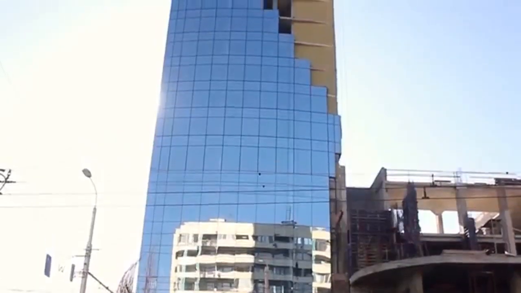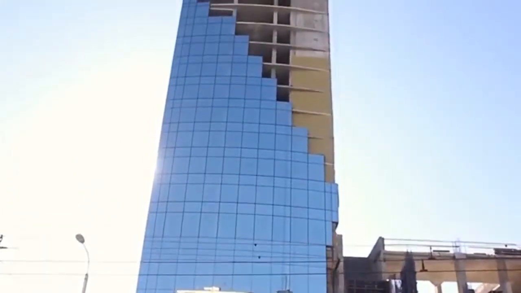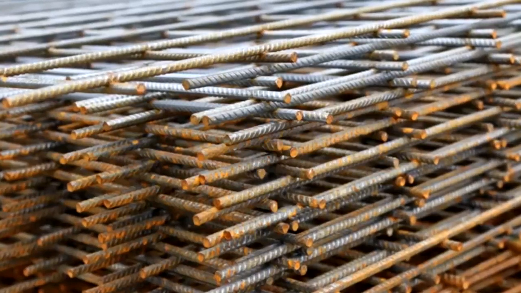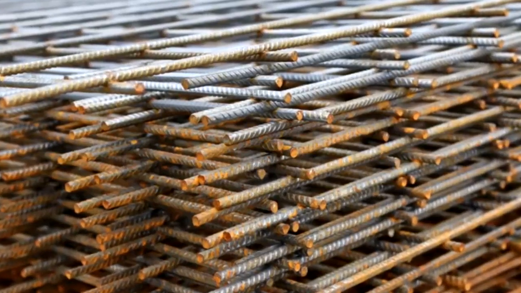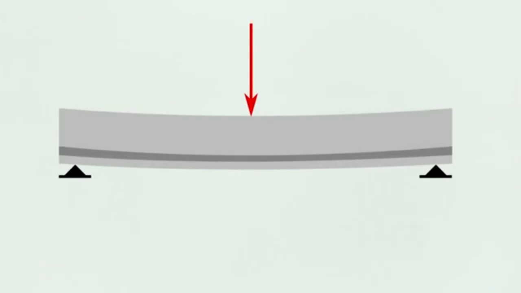The other reason is that things attached to the structure, like plaster or glass, might break if it deflects too much. In the case of concrete, deflection has another impact: cracks. The reinforcement within concrete is usually made from steel, and steel is much more elastic than concrete. So in order to mobilize the strength of the steel, first it has to stretch out a little bit. But unlike steel, concrete is brittle. It doesn't stretch, it cracks. So that often means that concrete has to crack before the rebar can take up any of the tensile stress